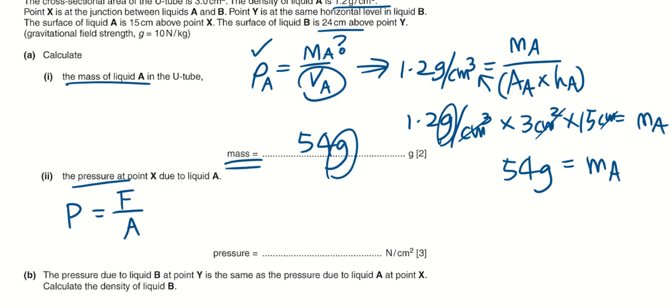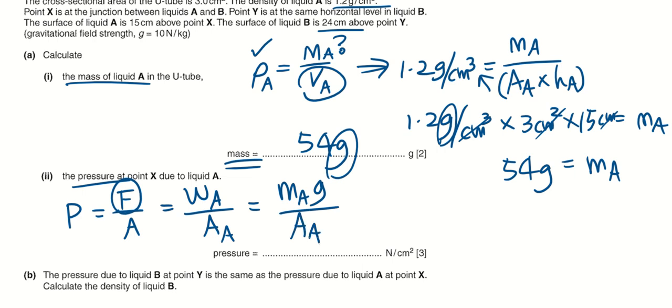Because this force is actually due to the weight of A acting on this cross-sectional area of A, right? So weight of A is actually M of A multiplied by G. I hope you know why I write all this, because the subscript tells us that it's belonging to A. But mass of A,